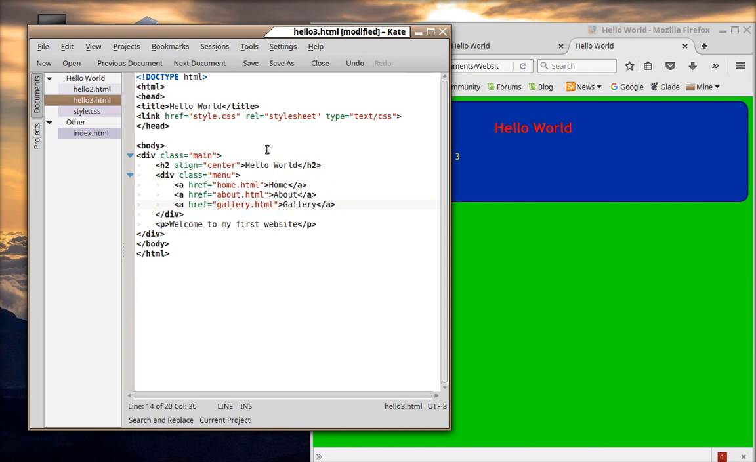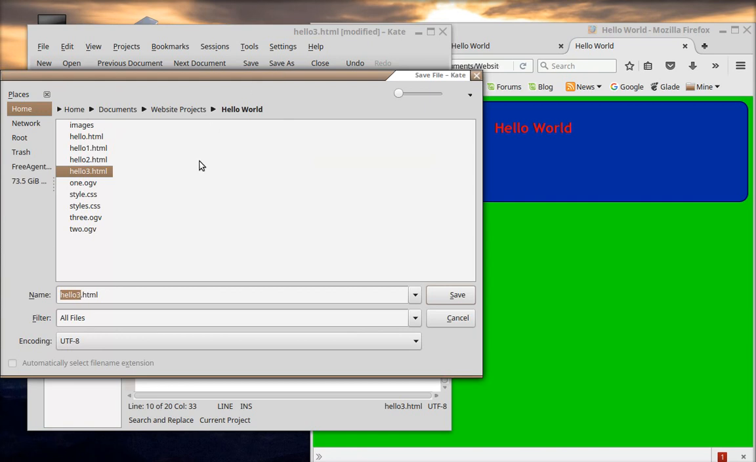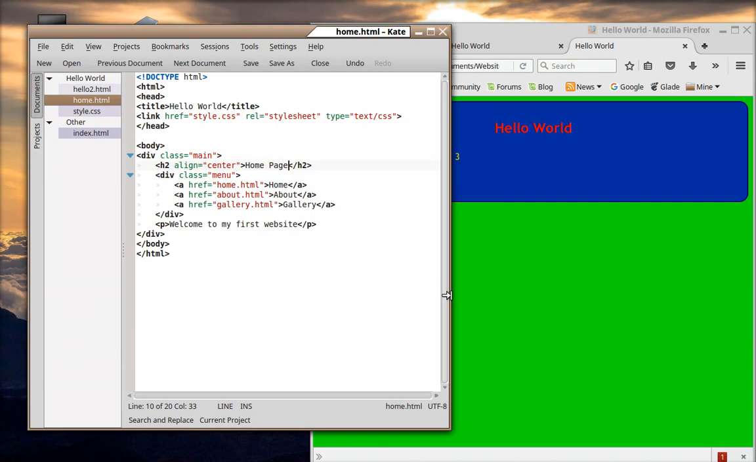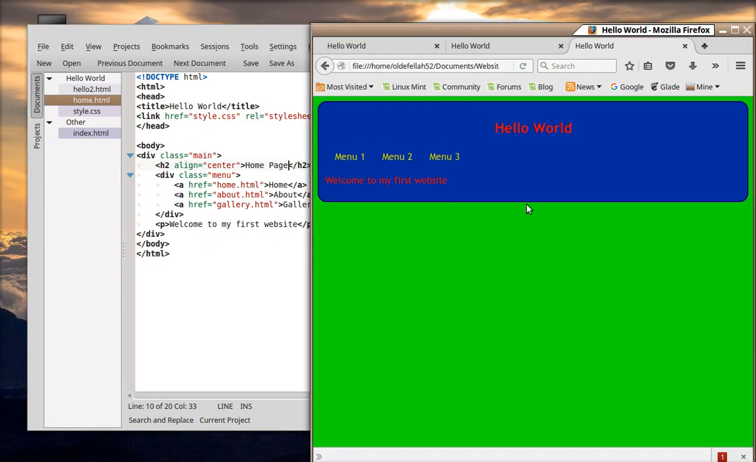So to keep track of what we're doing here, this is going to be what we call the home page. The title can still be Hello World, but this will be the home page, and therefore we will save this as home rather than hello. So we're going to save that as home. So we now have it saved as home, and what that means is this: